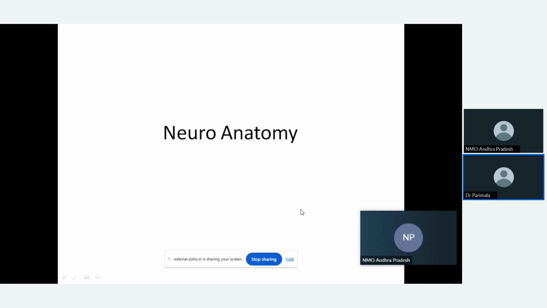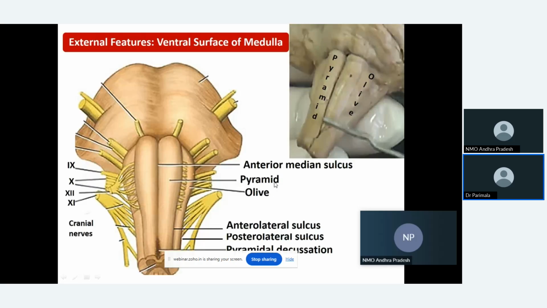That is, first one is TS of medulla at the level of pyramidal decussation. So the first topic is TS of medulla. So for that, just in a simple manner, the external features of the medulla. This part which we are seeing here, this one is medulla, and it is also called with a short name, called bulb because of its appearance. Then the external features we see in 2 views. This is anterior view and behind we have a posterior view.